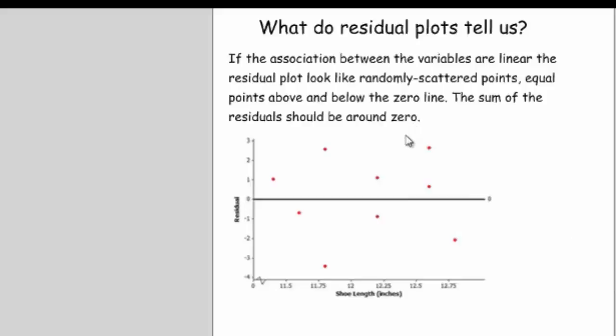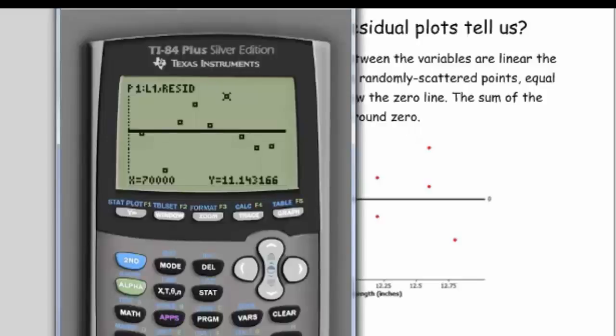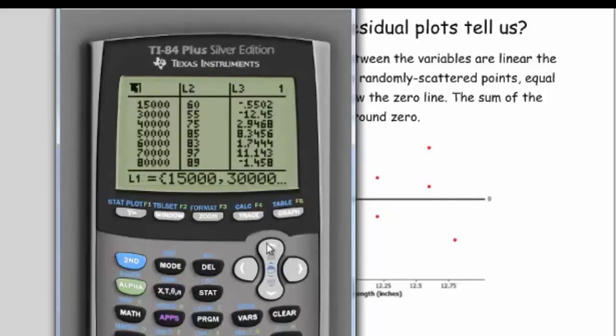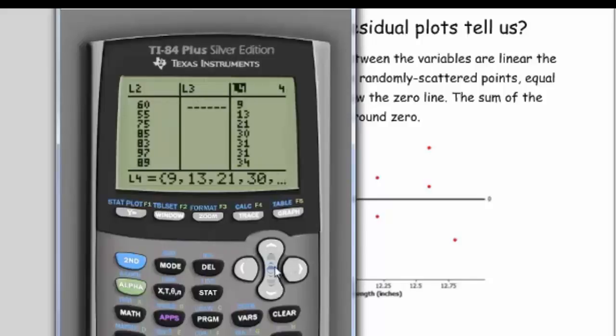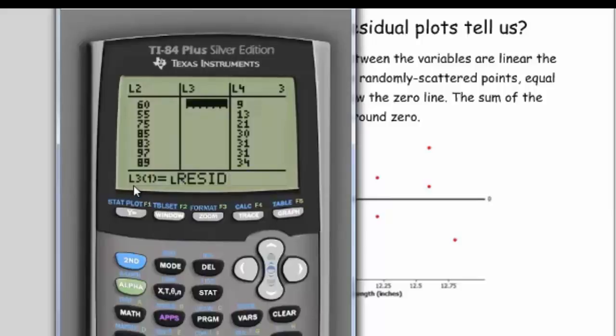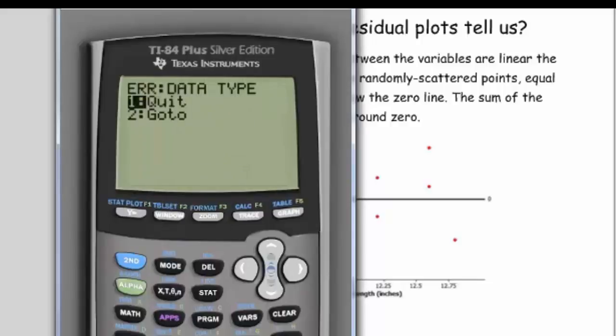So if you wanted to figure out what the sum was, you can go back to your calculator and go to stat, and you can put the residuals in one of your lists. If you go to Edit, in my L3, I arrowed to the right here. Let me clear this out so I can show you what I did. I want to put the residual list into L3. So if I go to second stat, I put 7. Notice what this command says: L3 is equal to the residual list, resid. If I press enter,